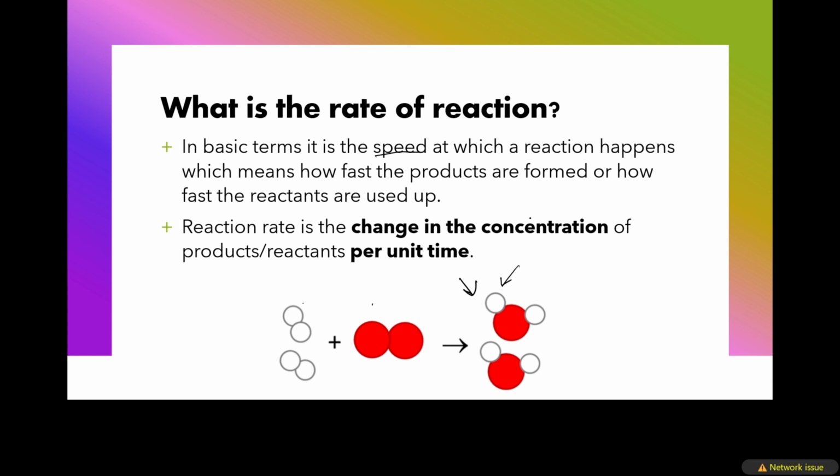It is the change in concentration, 1 mark, of products or reactants per unit time. It makes 2 marks. So it is just measuring how many products are made or how many reactants are used up per unit time. So time plays a huge factor in the rate of reactions